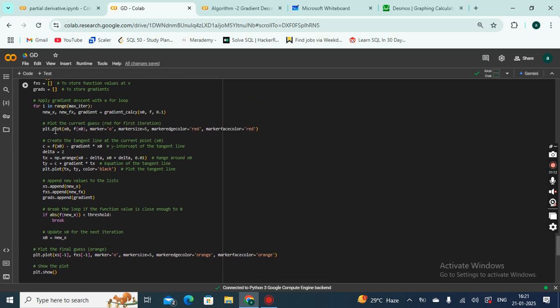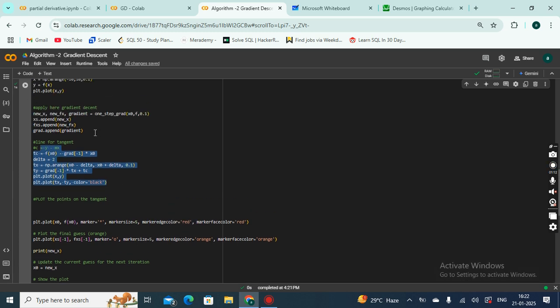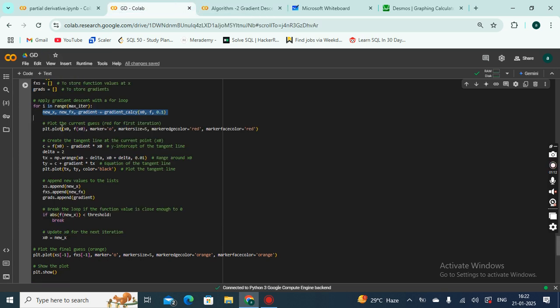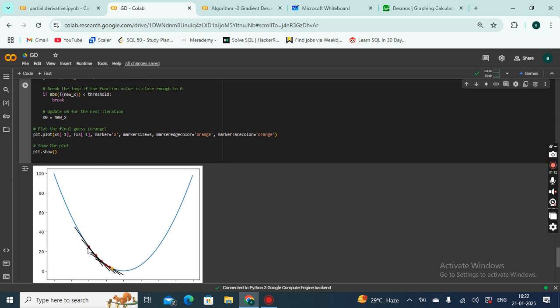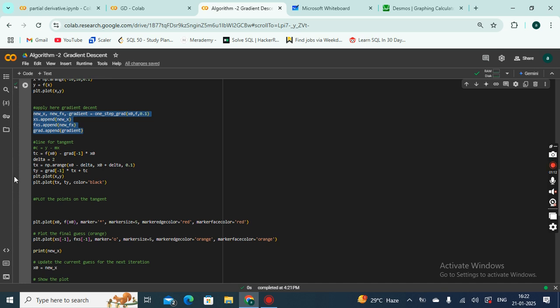So here what we did, we just forget about this for loop. So till this part everything was clear, no? Like we have taken all the same variables and then we have given this thing. This is the part I'm talking about, this part. So this is that part, same part only. Now after this code, I have just given the plotting, direct plotting for the red dot, this dot. After that red dot, I created a tangent. The same code for the tangent, this part,